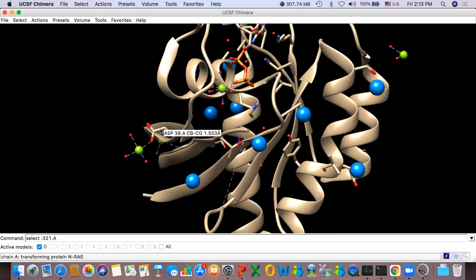it says ASP, that is aspartate, 38 is the residue, A is the chain, and this is C beta, C gamma, and it's 1.5 angstrom, that I think is the distance. No, this is the bond length between the two. So if you want to find distance,